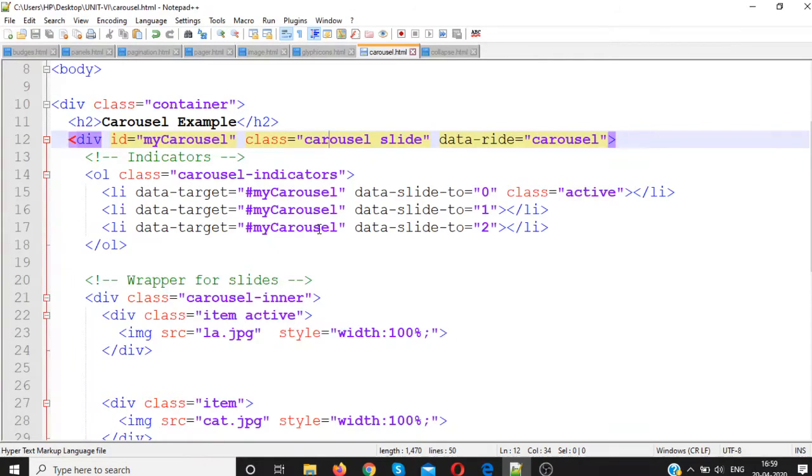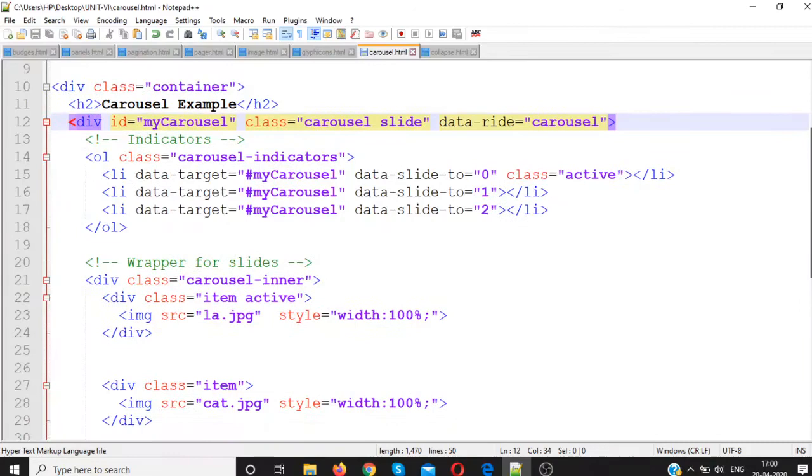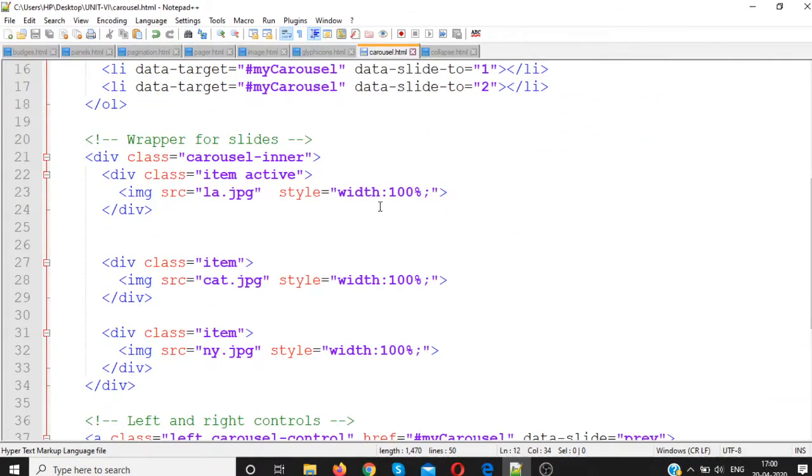The data-slide-to attribute specifies which slide to go to when clicking on the specified dot. If you click the first, it goes to the first image, then second, and then the last. It starts from 0, so 0, 1 and 2, and the first one should be active. So we have made the first one an active class. This is compulsory.